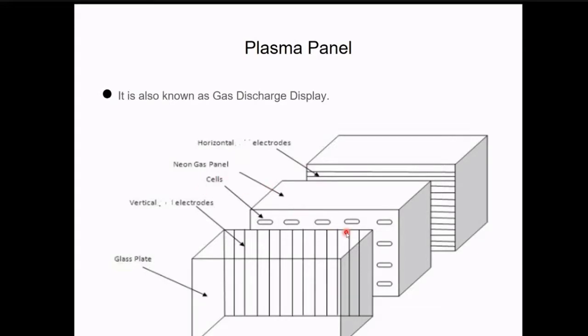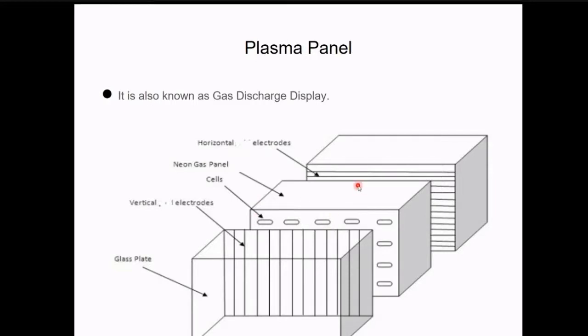So the basic advantage is that we don't need that kind of structure now as compared to the earlier one. We just have two thin, these are very thin. In practical usage, we have very thin glass plates that have these electrodes. Now this electrode can be anything, gold, silver, or some other metal that can take up the charge. Similarly the rear panel would be the same thing, containing this kind of electrodes. So you can think of these as the things that we have, and these are very thin in size. A complete panel would contain this, and in between, the neon gas panel.